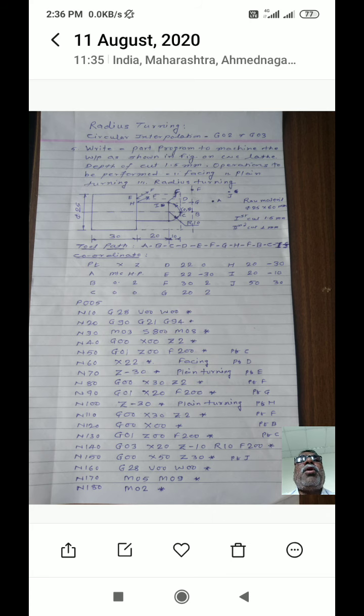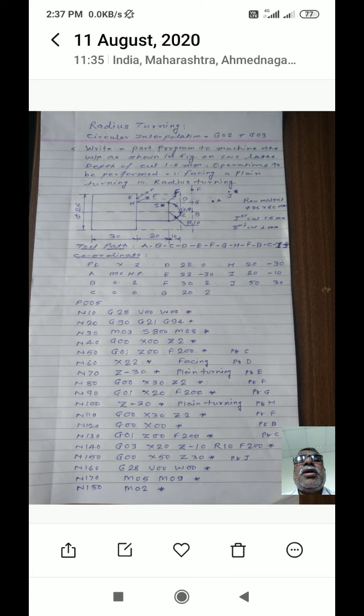you have to move the tool from point B to C. When the tool touches the workpiece surface, you have to control its movement. You have to control its feed rate. Okay. Therefore, in the next block, N50 G01 linear interpolation function, you have to mention the coordinates of point C, that is the coordinates X0 Z0.